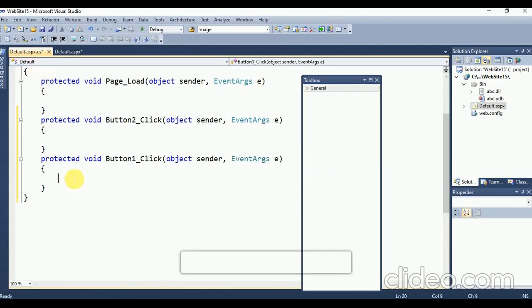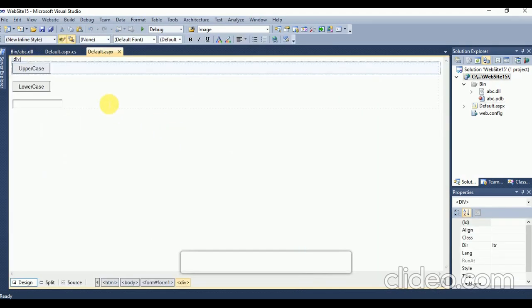Double click on button 1. And write the code or logic.